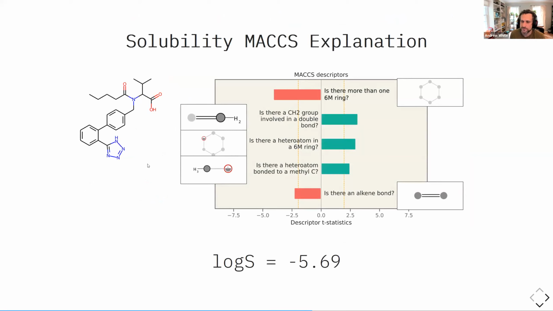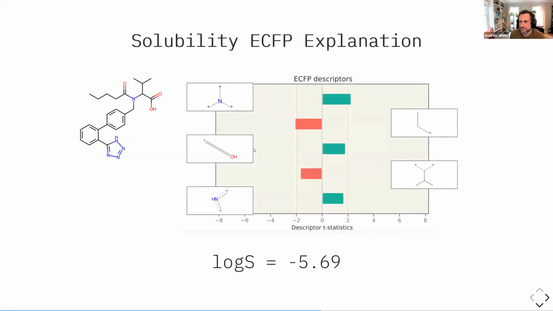So things like, is there a heteroatom in a six-membered ring? Is there an alkene bond? Questions like that. And then we can, of course, map it back to functional groups as well. Now,